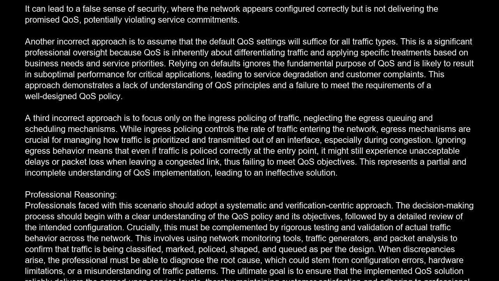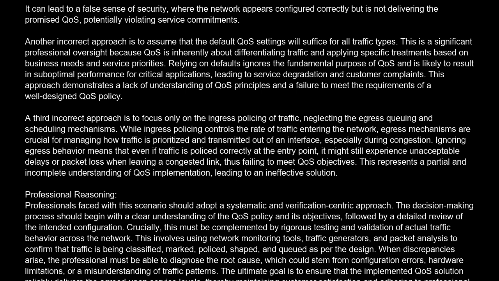Another incorrect approach is to assume that the default CoS settings will suffice for all traffic types. This is a significant professional oversight, because CoS is inherently about differentiating traffic and applying specific treatments based on business needs and service priorities. Relying on defaults ignores the fundamental purpose of CoS and is likely to result in suboptimal performance for critical applications, leading to service degradation and customer complaints. This approach demonstrates a lack of understanding of CoS principles and a failure to meet the requirements of a well-designed